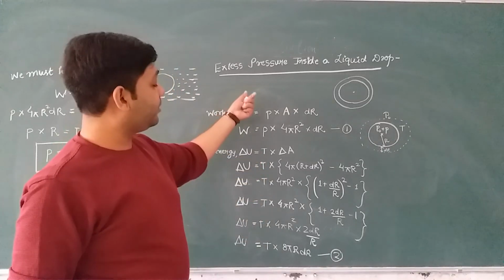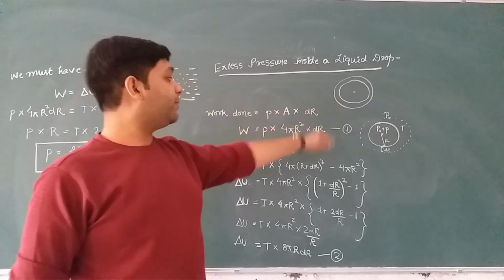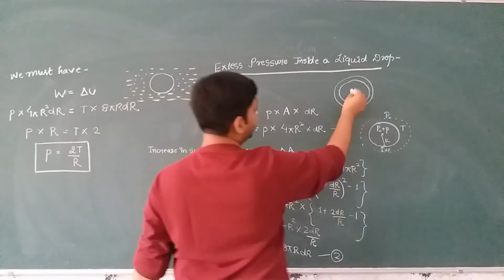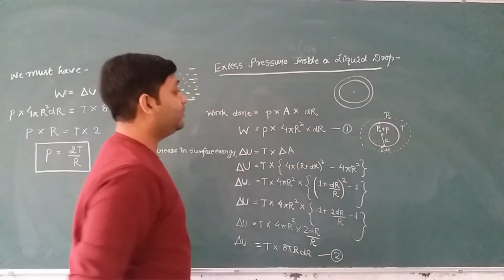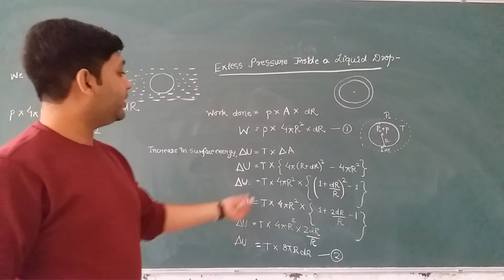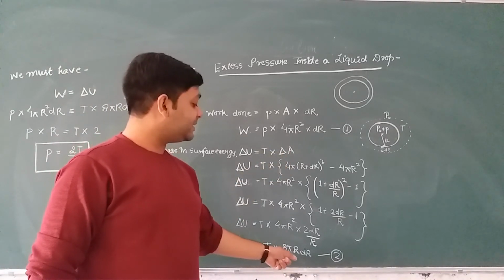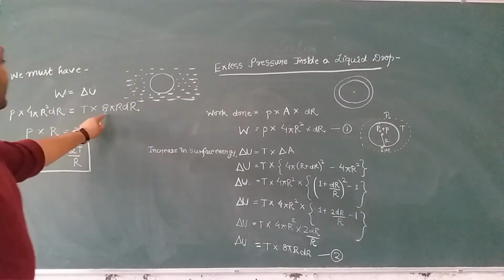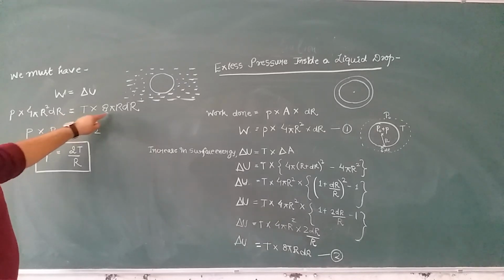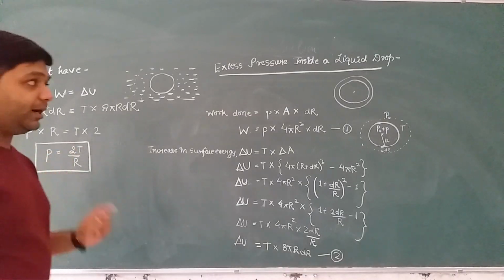So now if we repeat our derivation in the similar manner that we have done for the liquid drop, then we will see that because it has two surfaces, the increase in surface area for it will become double. So here the value of delta A will become double and this will come out to be 16 pi r dr. ठीक है? So यहाँ पे भी 16 pi r dr हो जाएगा and यहाँ पे 4 बच जाएगा and therefore the value of excess pressure will come out to be 4T by R.